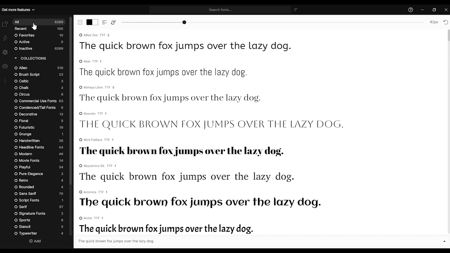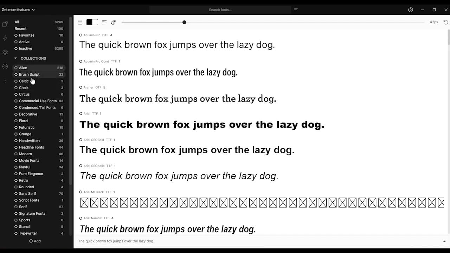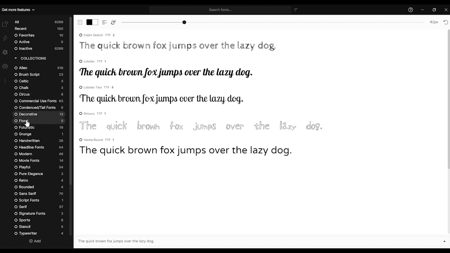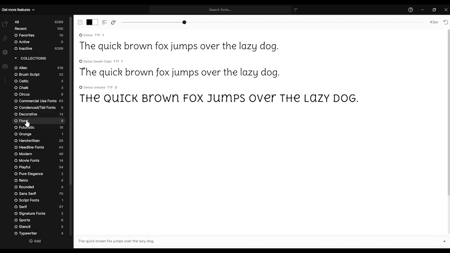So as you can see, I have quite a lot of fonts in here already, just because most of them come from the system, and then I have downloaded quite a number of fonts personally as well. But what makes this program really nice is that you can create these collections. So I've created quite a lot of collections here, and this allows you to organize your fonts into these different collections,